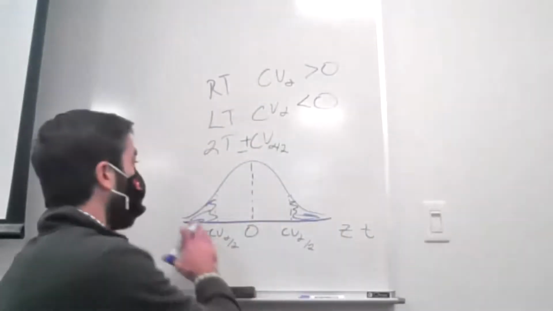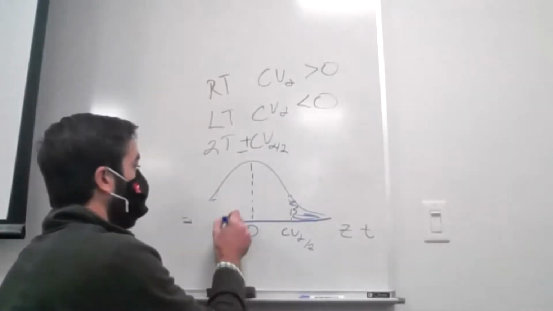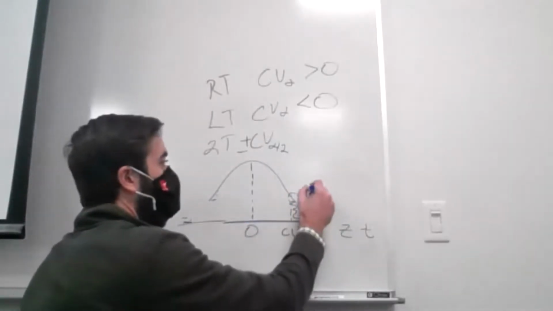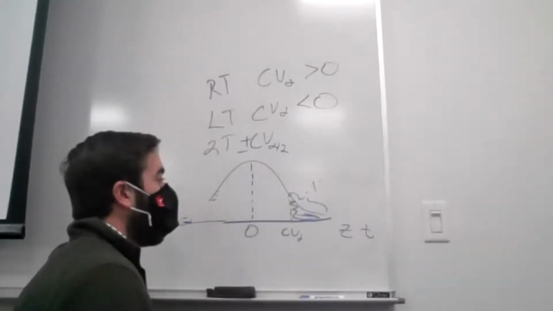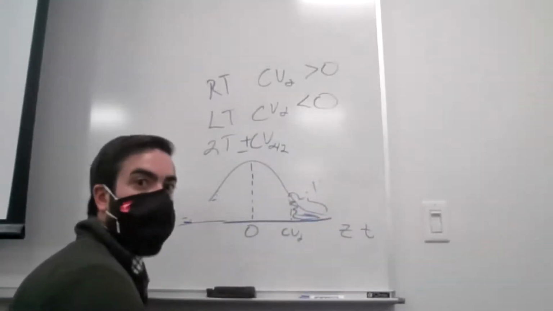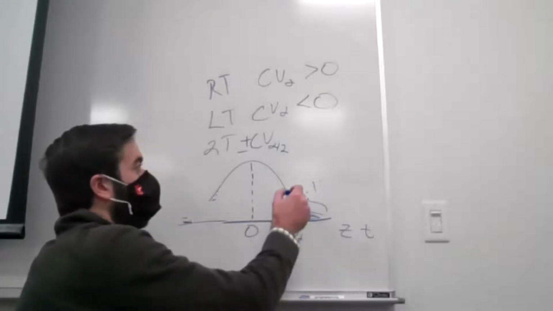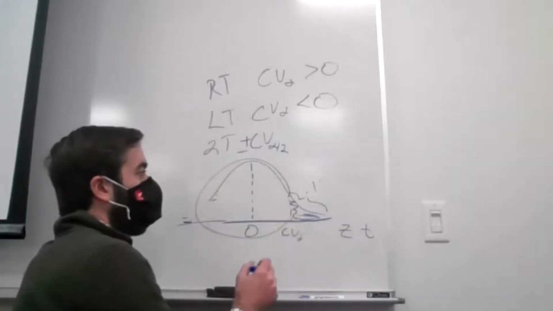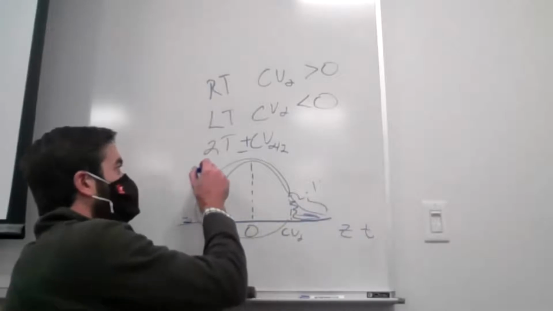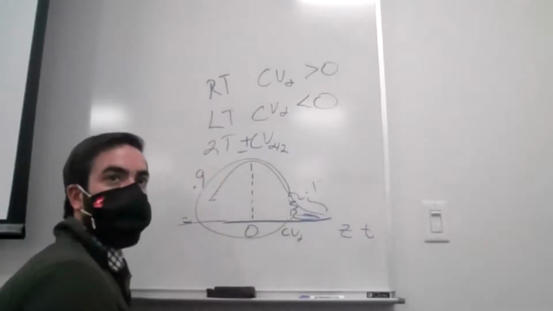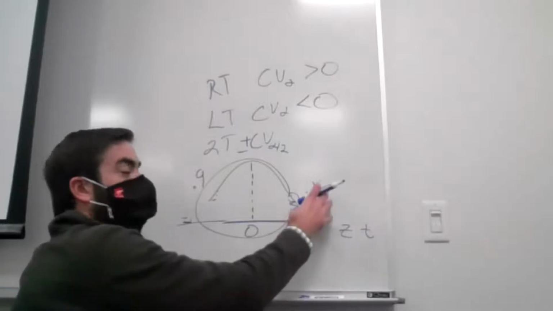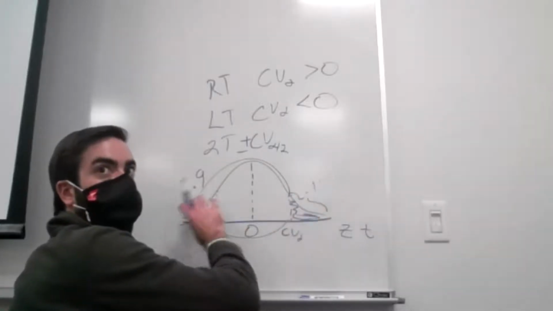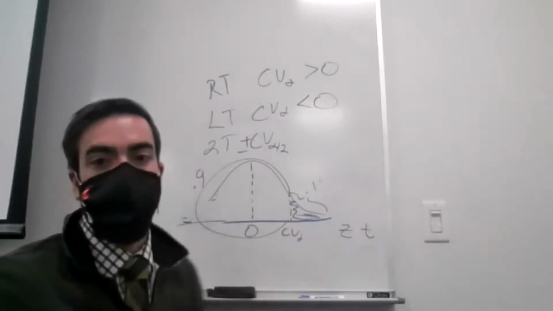So we did only have a right-tailed test here. So what value would give me 0.1 in that upper right tail? Well, if I try to look this up in the table, remember the table always looks at the area to the left. So I would actually want to look up 0.9. Or I could look up just alpha and remember that it's a right-tailed test. So I'll show you both ways. So if I looked up that area to the left of 0.9,